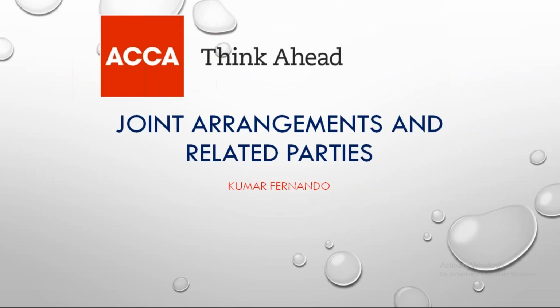In joint ventures, everyone has an equal share. So if it is a joint venture with 4 people, 25%, 25%, 25%, 25%. If it is 3 parties, 33 and 1/3, 33 and 1/3, 33 and 1/3. No one controls, no one has power over the other. Everyone enters into a joint venture. So no one controls, everyone has an equal share. That's what a joint venture is in very simple language.